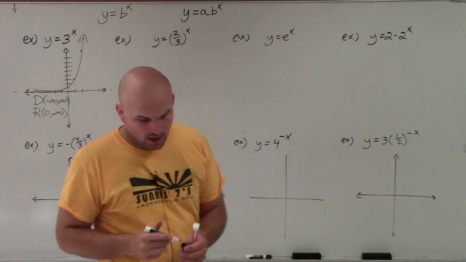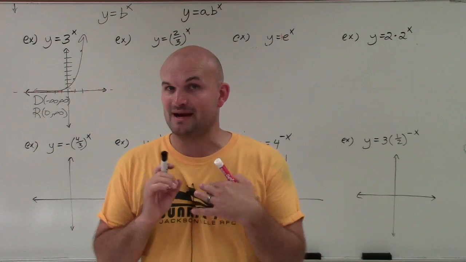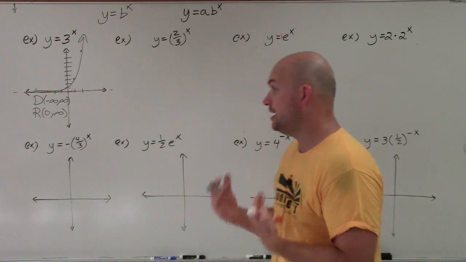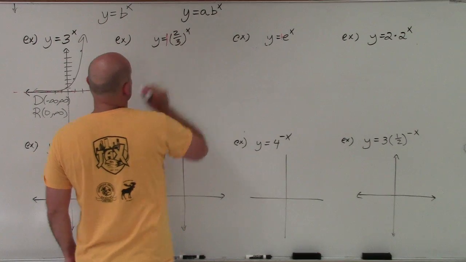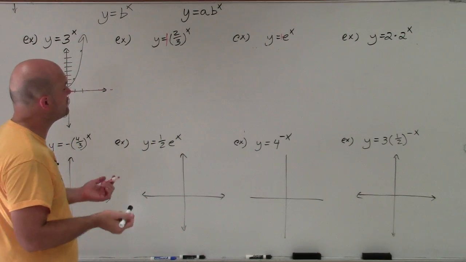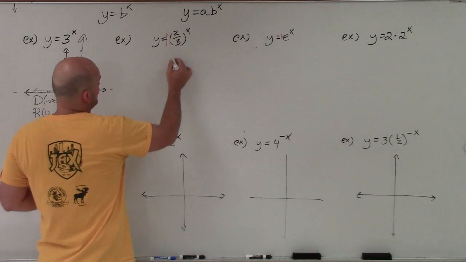Okay? All right, so again, I'm not going to get very detailed with my graphs. I'm just going to go quickly through this. So in this case, my a is 1, so I know it's going to look like my first parent graph that I had. However, 2/3 is less than 1. So by graphing this,